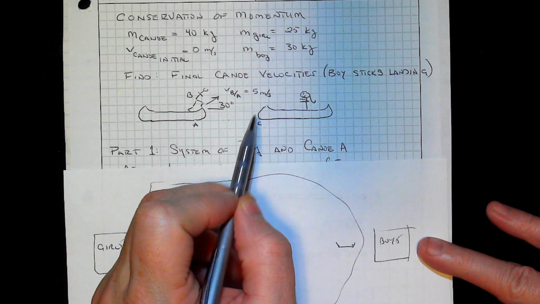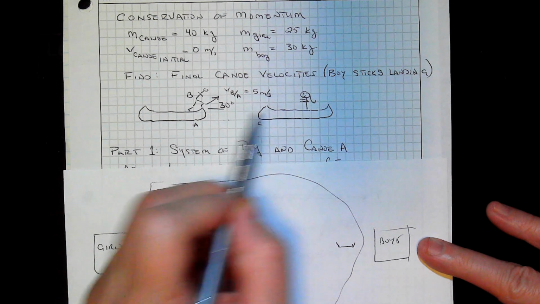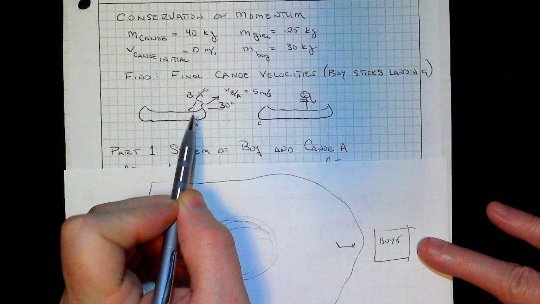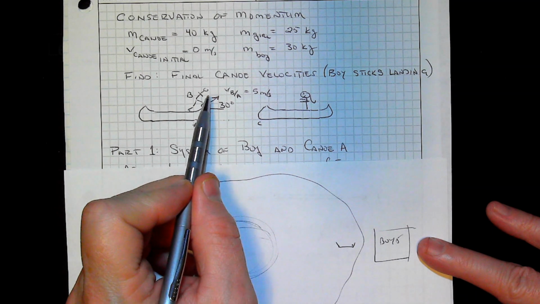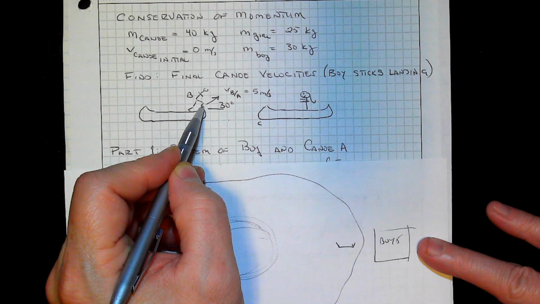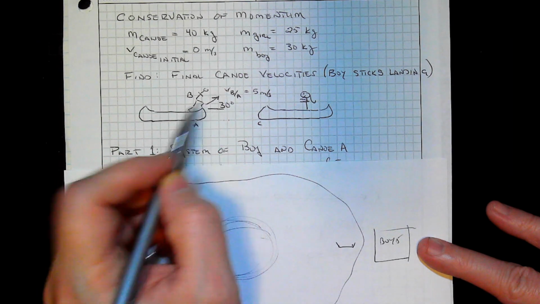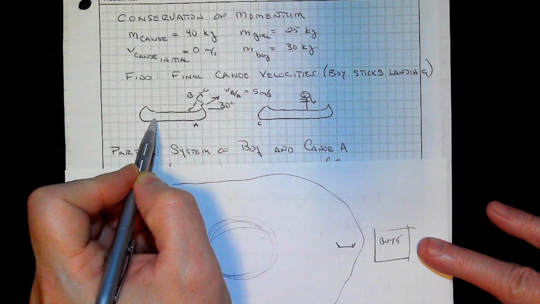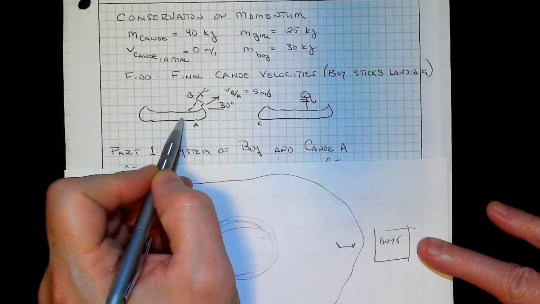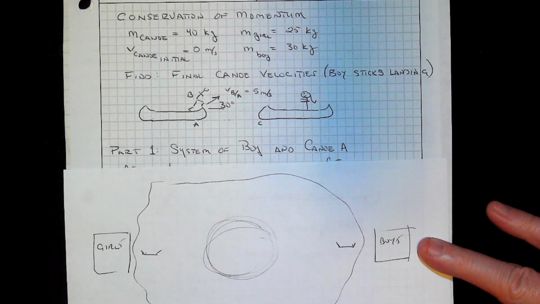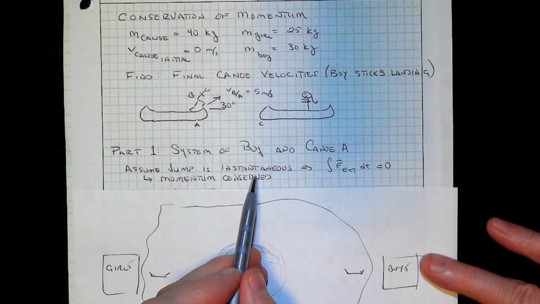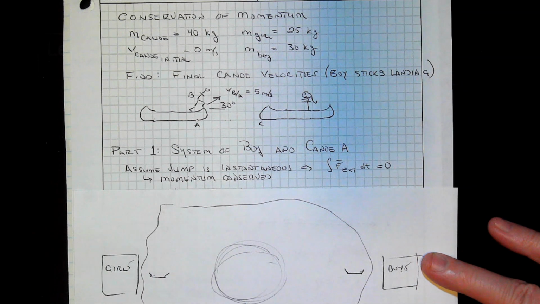She's not moving, so this is not really relevant to us. We have the boy who's in canoe A who's going to jump. All right? So he's starting here, the canoe's not moving, he's not moving, and then as he jumps, instantaneously, this canoe's going to start going this way, and he's going off at 5 meters per second relative to that canoe. So, we're going to assume the jump is instantaneous, and we're dealing with